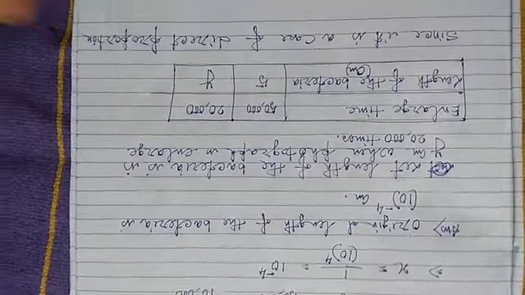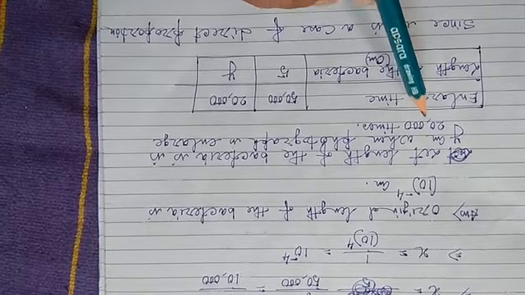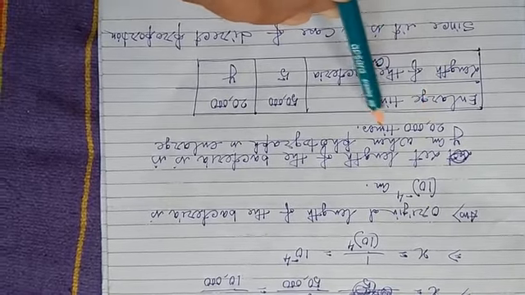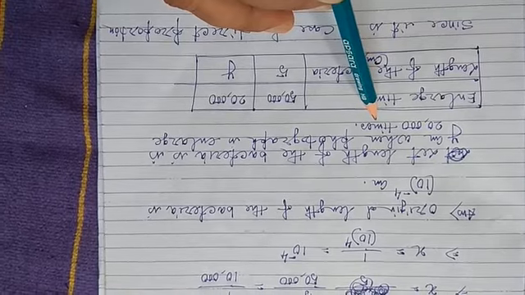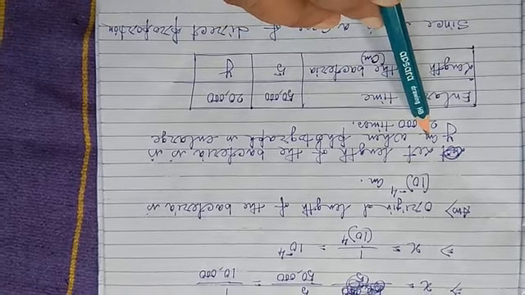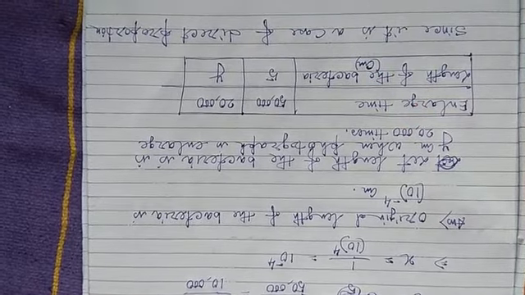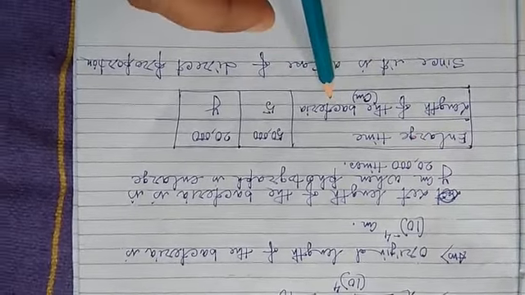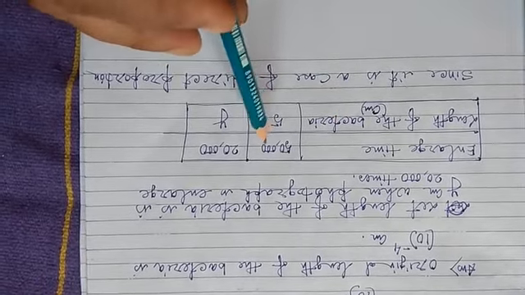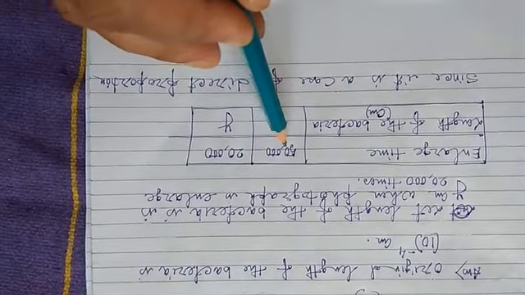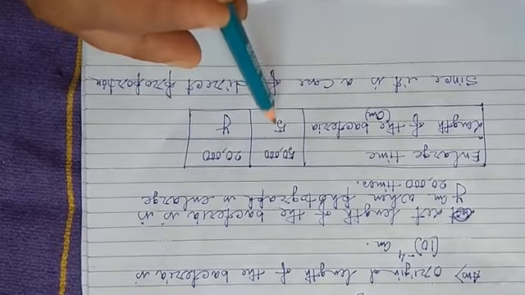And next part of the same question, let the length of the bacteria be y centimeter when the photograph is enlarged 20,000 times. The question given in the book is, if the photograph is enlarged 20,000 times, what is the length of the bacteria? So enlarged time and length of the bacteria. It is already given when the photograph is enlarged 50,000 times, then length of the bacteria is 5 centimeter.